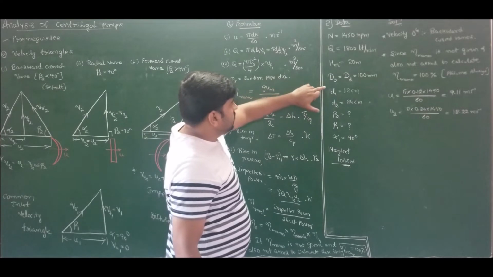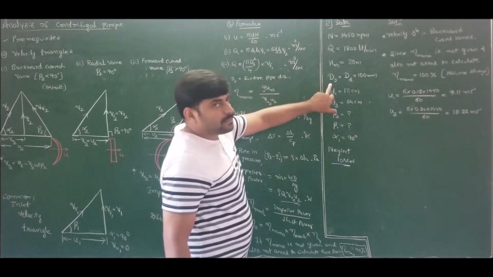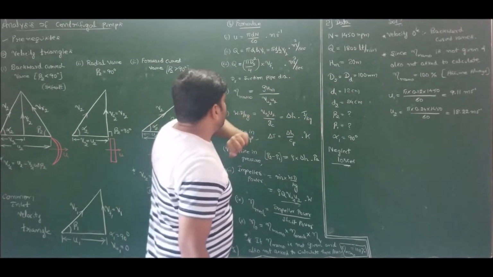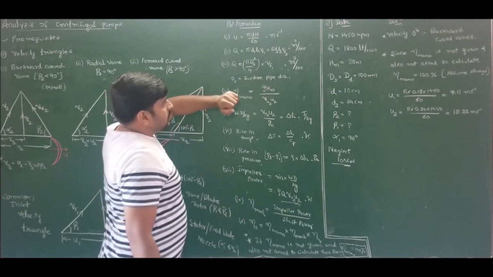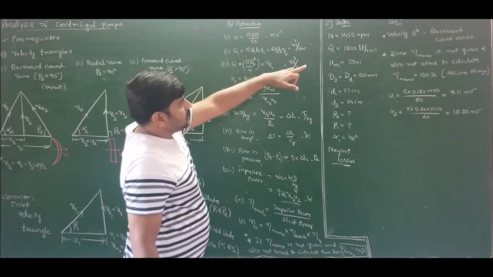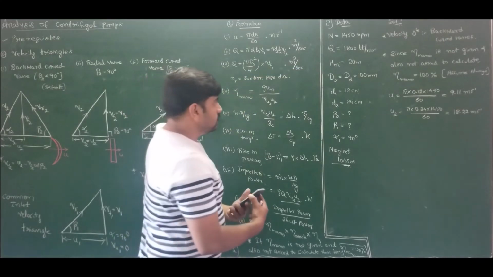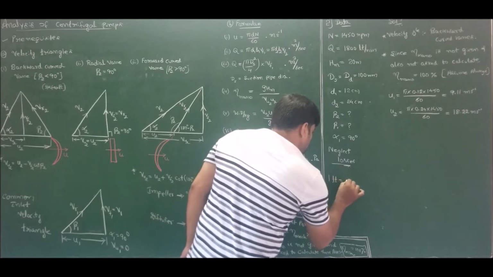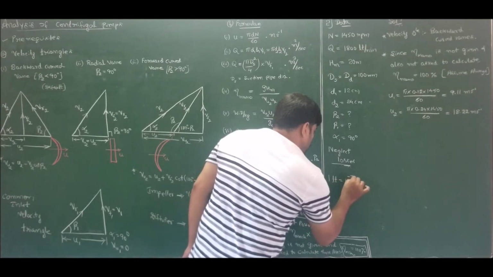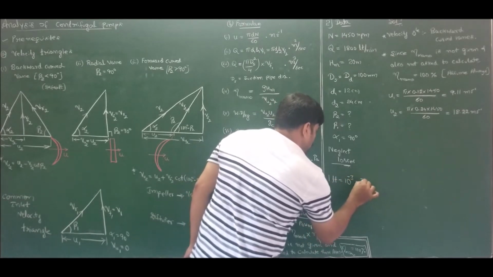So now he has given the suction pipe diameter by using which I can find the value of flow velocity Vf1. And also we know the value of discharge, which is given as 1800 liters per minute. We know that 1 liter is equal to 10 to the power of minus 3 meter cube, that is 1000 cc.